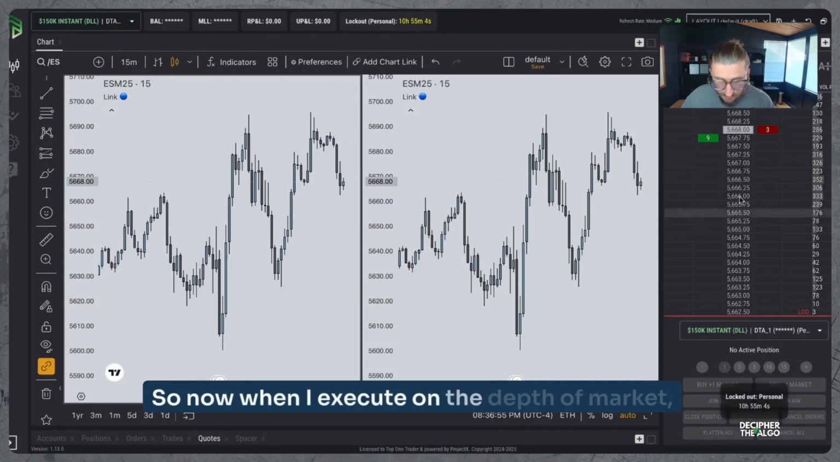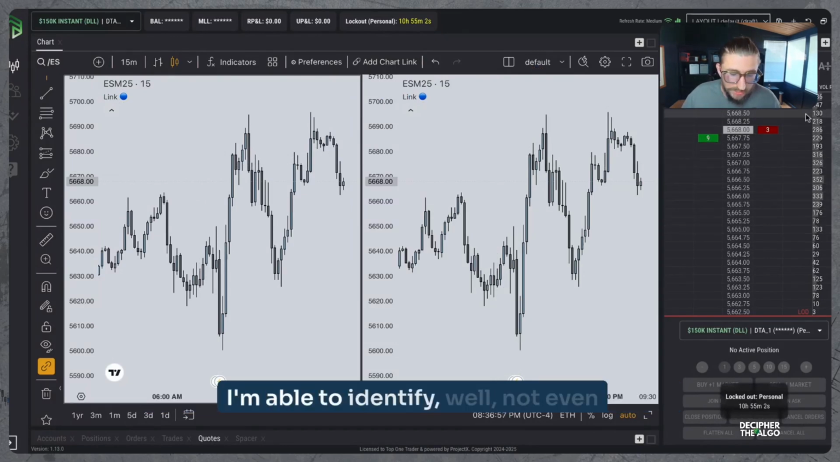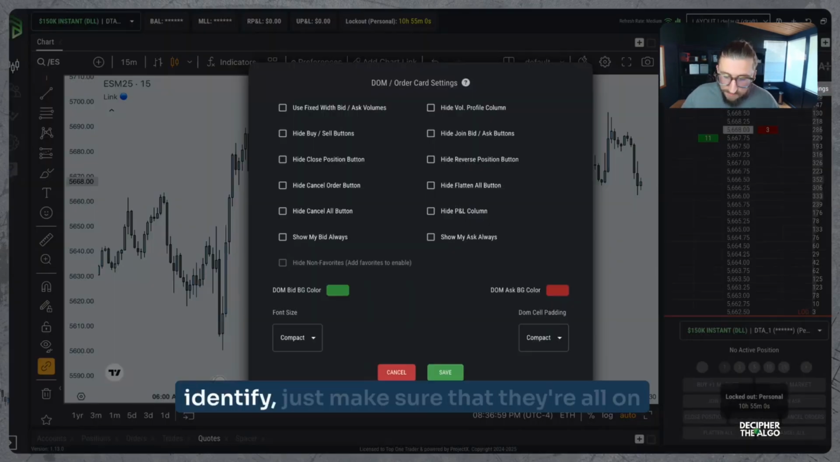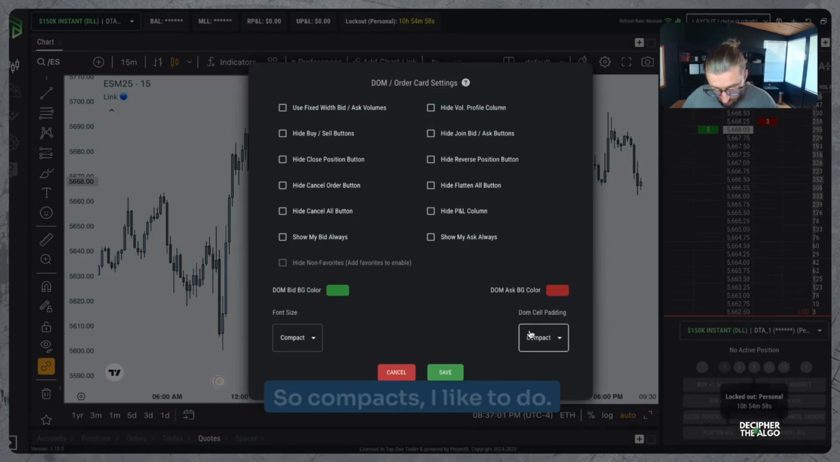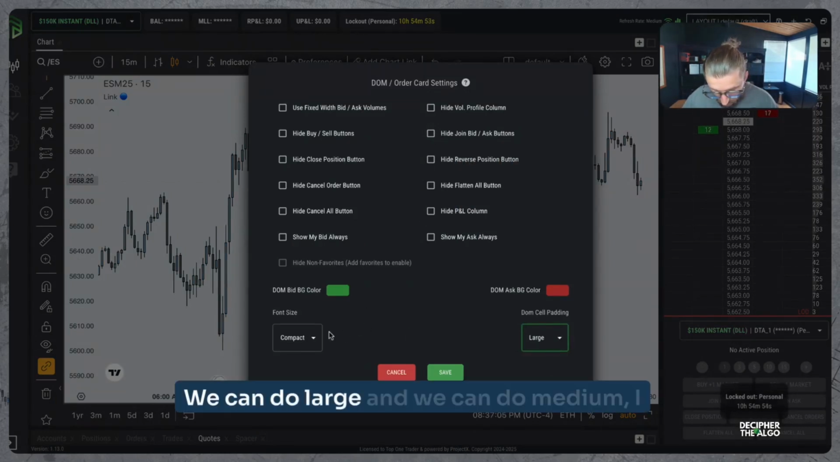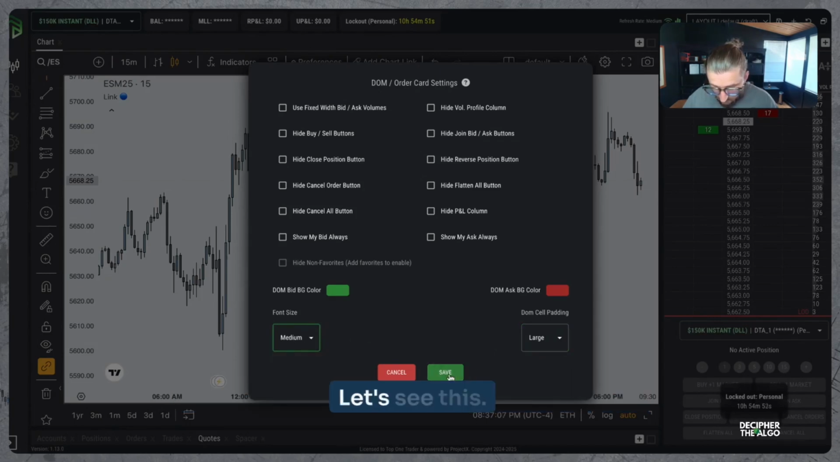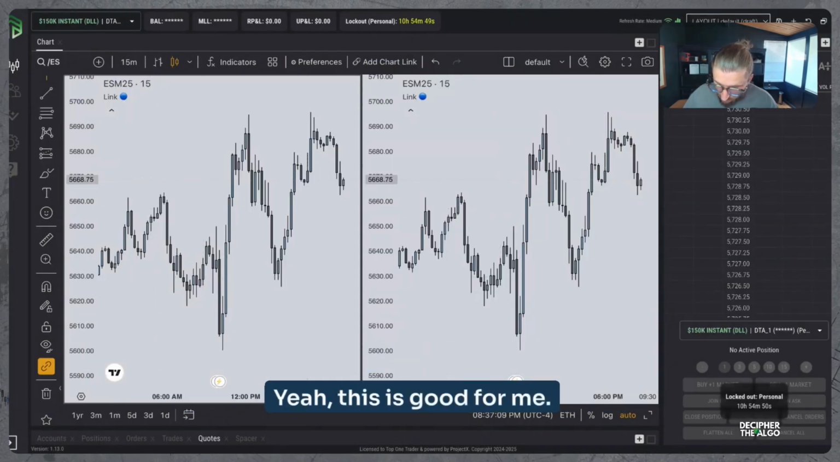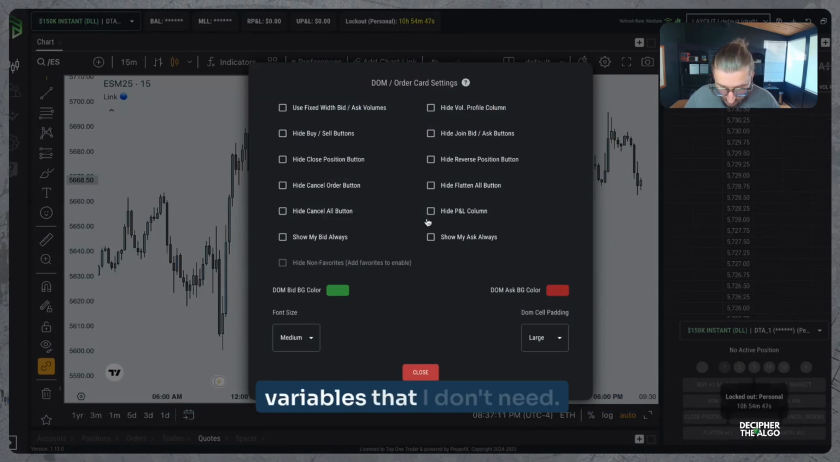So now when I execute on the depth of market, I'm able to make sure that they're all on the same page. For compact, we could do large and we could do medium, I believe. Let's see this. Yeah, this is good for me. I'm going to go ahead and remove a few other variables that I don't need. So I will remove,